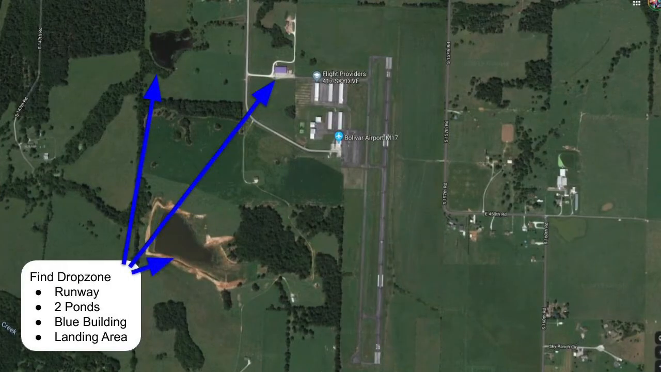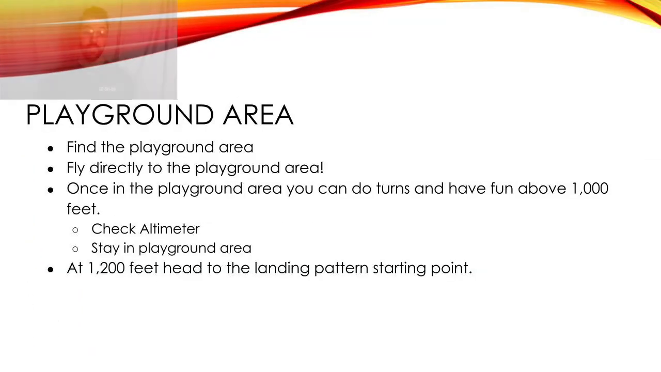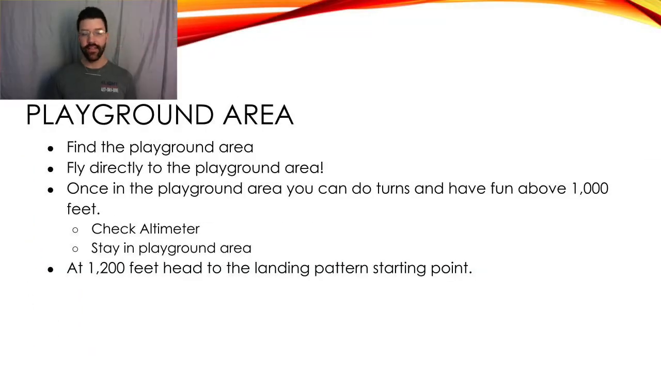If we zoom in a little bit more, you'll be able to see 2 large ponds and also what we call the blue building. The playground is a holding area that sets you up for your landing pattern. After your parachute opens, you're going to want to fly to the playground area. Once you get to the playground area, you can play around a little bit and do some turns and spins, but then keep an eye on your altimeter so that you can start working your way toward the starting point